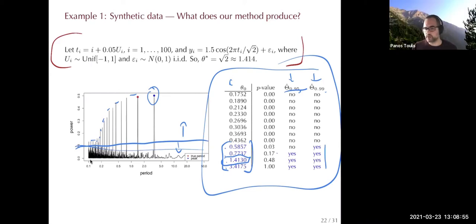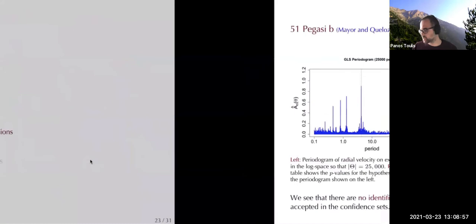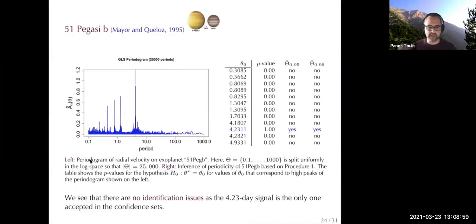Okay, so let me move now to the applications. This has pictures and results, so hopefully this will be easier to digest. So here's 51 Peg b, a confirmed exoplanet, an iconic detection. Here's the periodogram, and on the right I have the observed confidence set that we calculate. And you can see here that there's only one value,